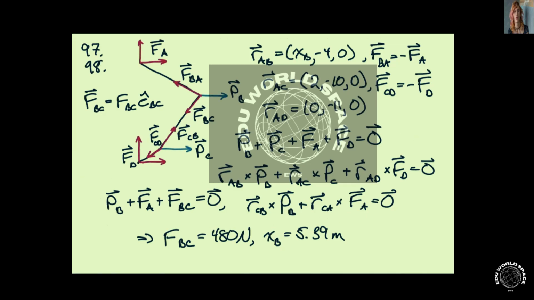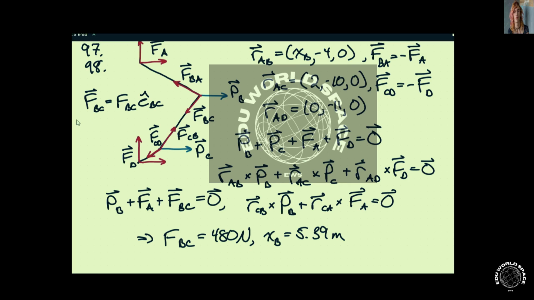We can solve problems 97 and 98 together, because they look at the same system, and we just have different givens and different unknowns in each of the problems. So in this case, we have a 3-segment cable that has loads in the